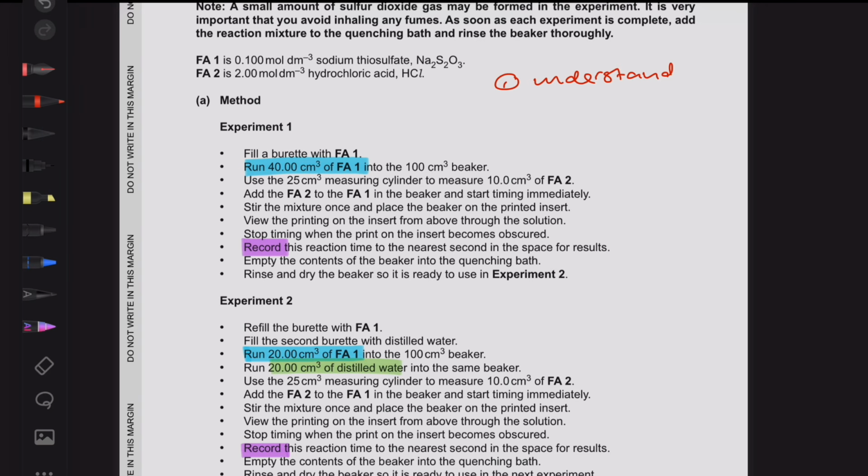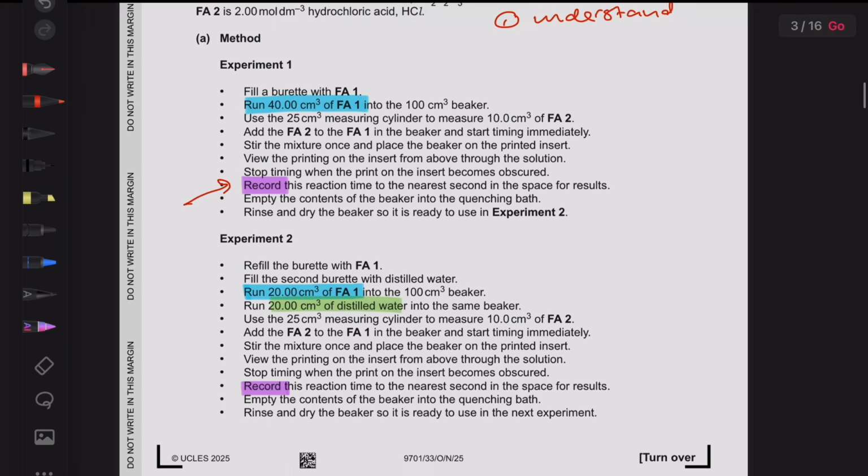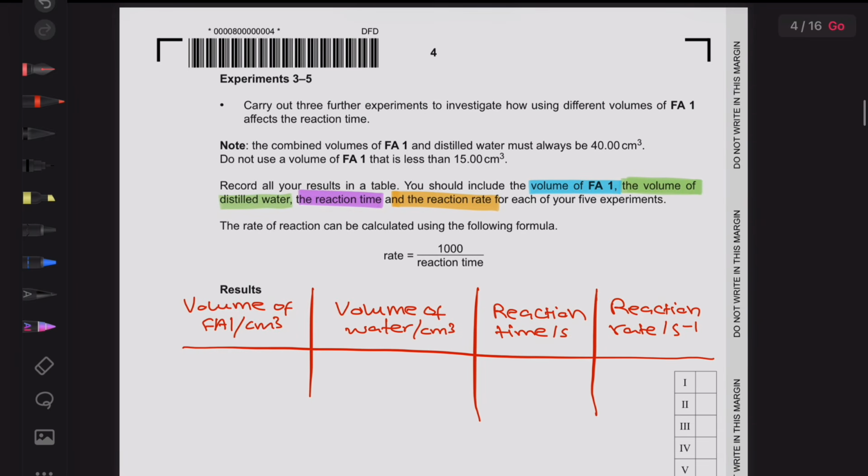And I think it's really worth noting that I find it saves time to highlight wherever it says record in your methods, because it is likely that you will have a table right after an experiment. However, in this part of the paper, they actually gave out the headings for the columns in the table you needed to produce. So they asked for the volume of FA1, the volume of distilled water, the reaction time, and the reaction rate. So I've just done that each time and produced my 4 columns. Now,